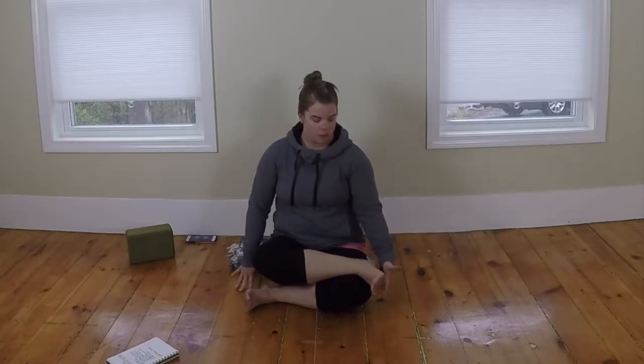So today's pose that we're going to analyze is Agnistambhasana, or fire log pose, sometimes called double pigeon. I'm going to start with the bottom leg. I've got dorsiflexion and eversion of this bottom foot, flexion at the knee, external rotation of the thigh bone. Coming to the pelvis, I've got anterior tilt, external rotation of the thigh bone, flexion at the knee, dorsiflexion, and